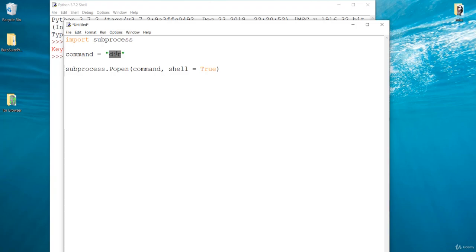But if you want to execute commands on Linux or Mac OS X, then you can do something like ls -la. This is going to list all the files and folders inside the current location. But now I am on Windows, which means I have to use the dir command. So you can see it only depends on the command which is going to execute on the shell. This is cross-platform code where you can execute multiple commands based on your platform.